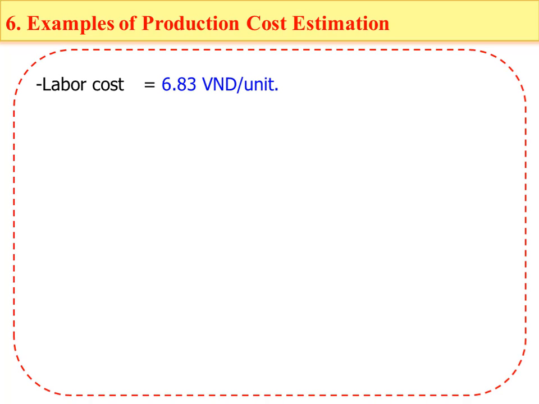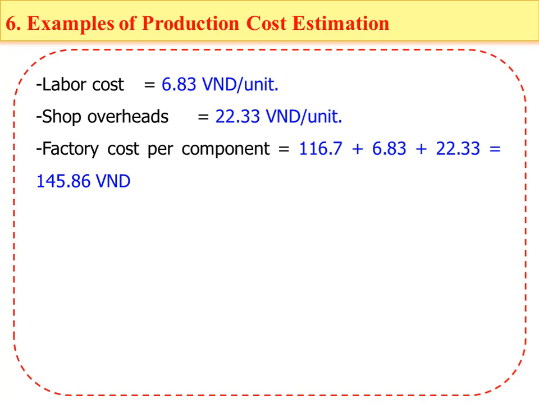We will calculate for the 3 rows: molding and pouring, soft blasting, and fastening, and we got a total labor cost of 6.83, and the shop overhead is 22.33. Up to now, we can calculate the factory cost per component by the cost of material per component plus the labor cost and shop overhead, and this is